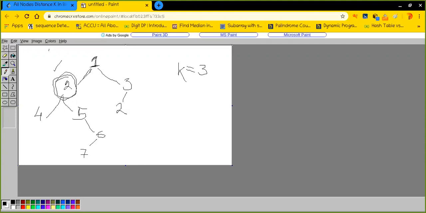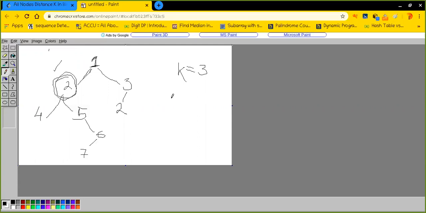For example, this is the target node. So 2 is the node which can be considered as the node which is k distance away from the target node, isn't it? And 2 is basically a different child, or a descendant, of the target node's ancestor. So this is what I'm saying.